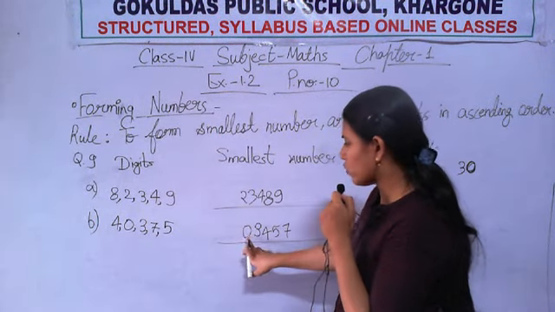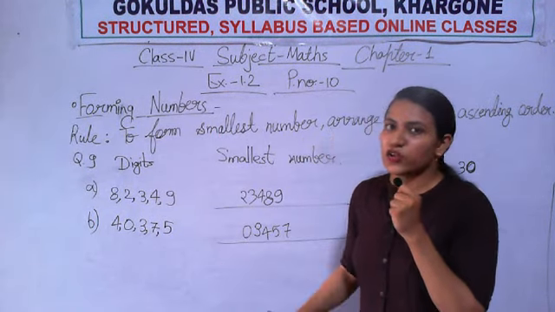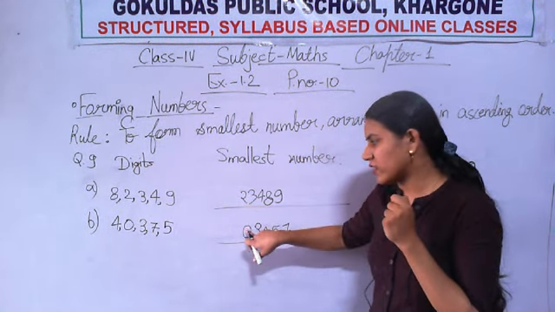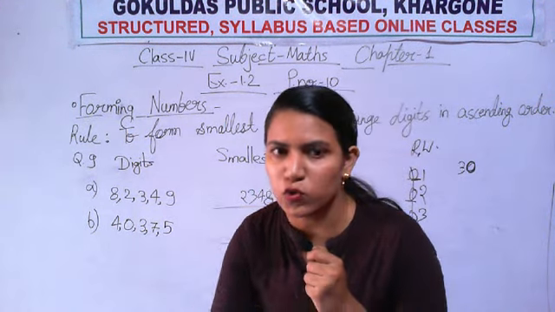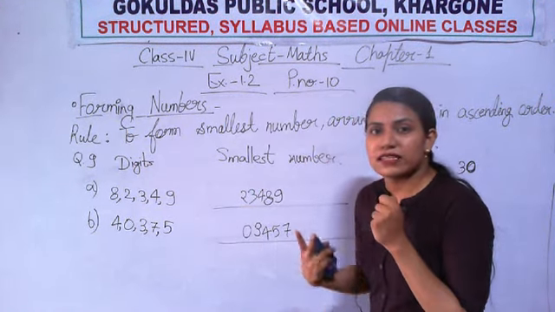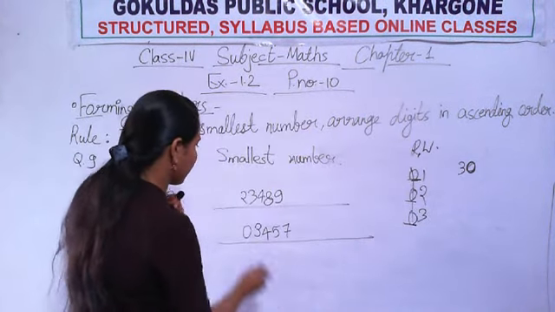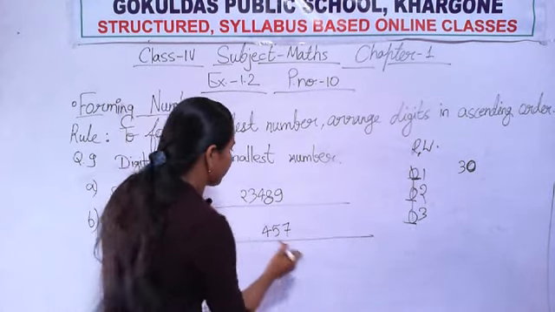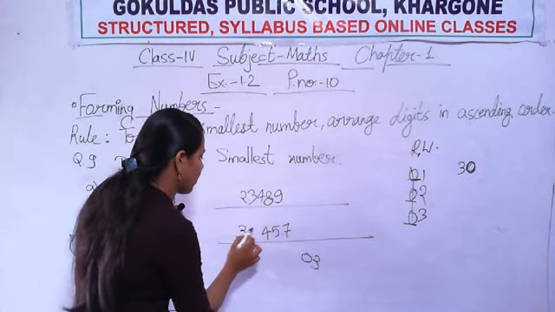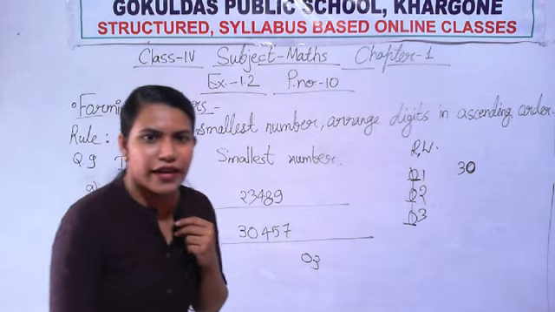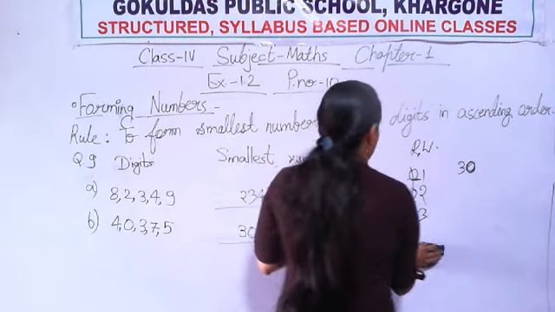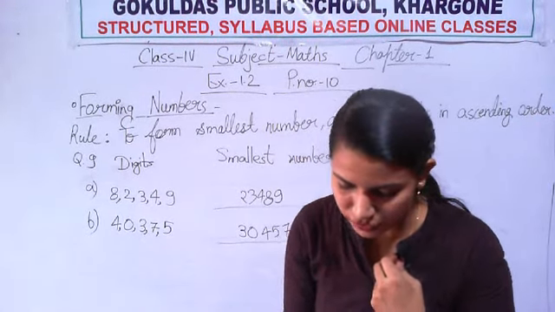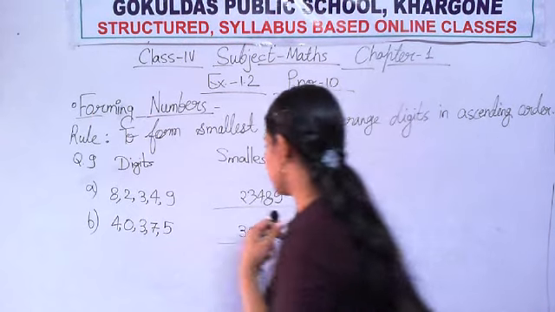So here also, if you write 0 at the leftmost place, you have to ignore it. So you cannot write the 0 at the leftmost place. What you have to do is write the 0 at the second place. So you will change the first 2 digits. That is, you have written here 0, 3, so you will reverse them. You write 3, 0. Okay? If the 0 is written at the leftmost side, we always ignore it. Let us do the next.